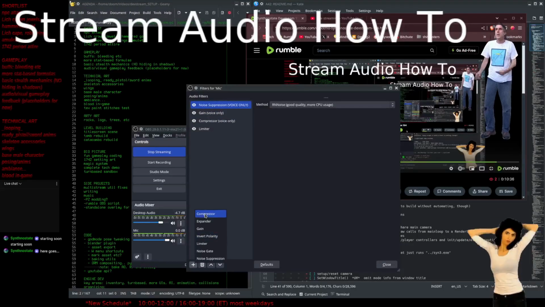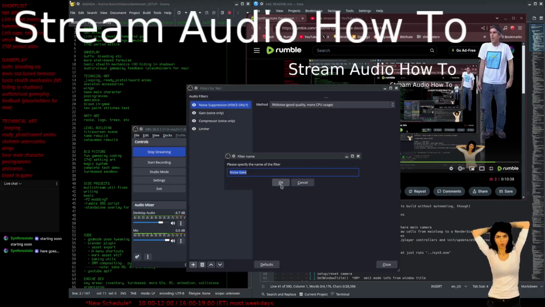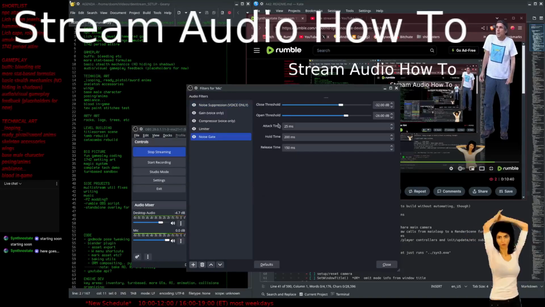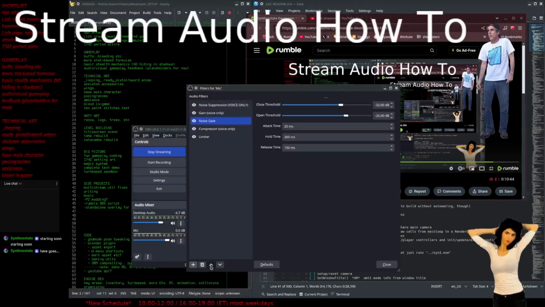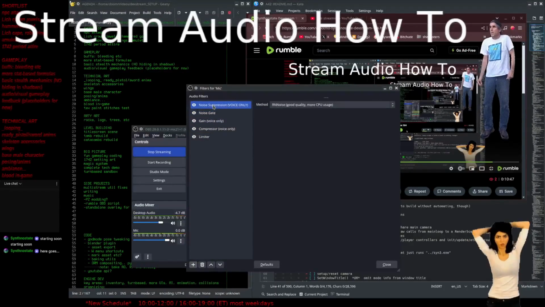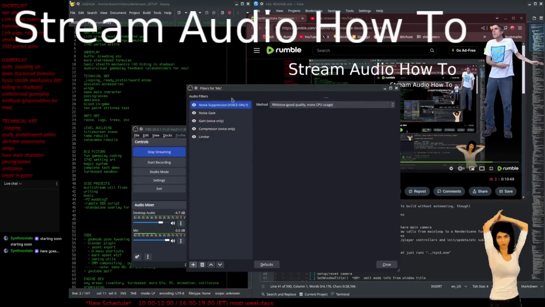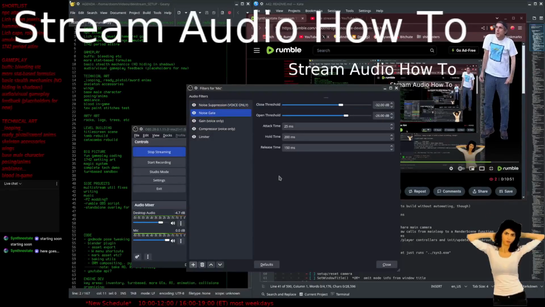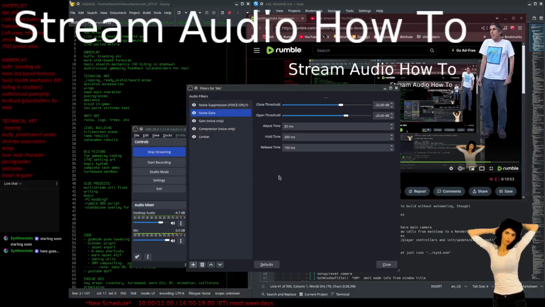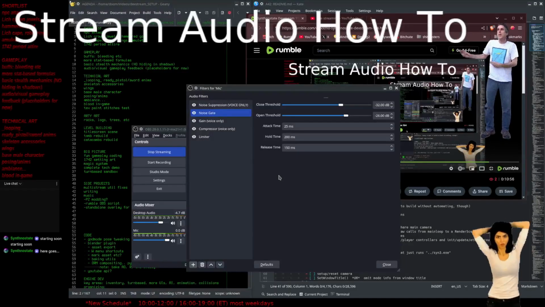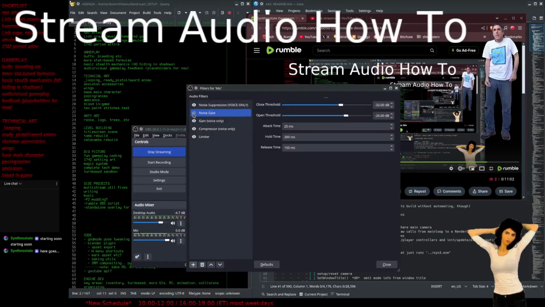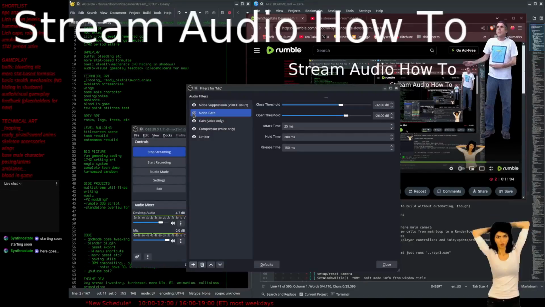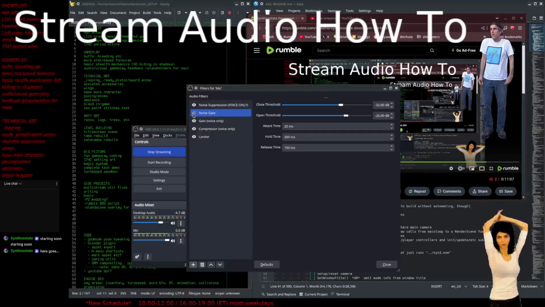Some people like to have a noise gate, like this, and you could put that up near the top. You probably want noise suppression. Noise gate will cut you off if you talk quiet. If I'm whispering like this and I turn on the noise gate, you won't hear me.